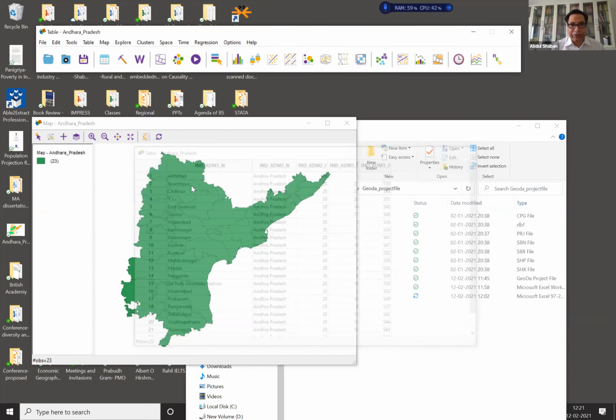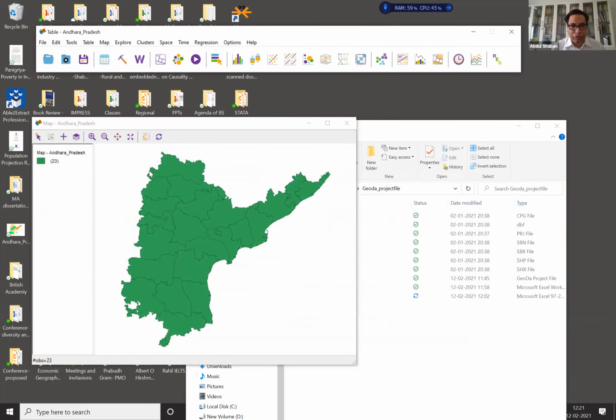So what I'm doing, I'm just closing and again showing you how to do it. Now this step is going to be crucial. All of you now pay your 100% attention. Once you have opened the shapefile, now we know how to open the shapefile.